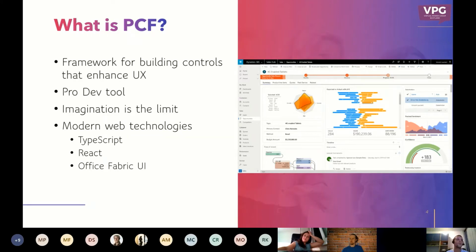You can also use React and Fabric UI. React is a framework that will make you code complex controls more easily because it's a modern framework that will provide you some useful API calls and make your life easier. And Office Fabric UI, now known as Fluent UI, rebranded by Microsoft, allows you to use